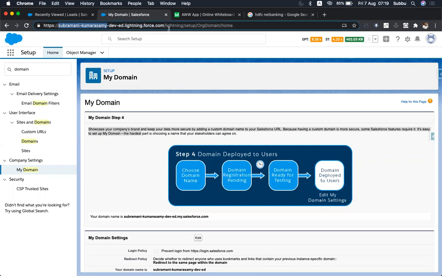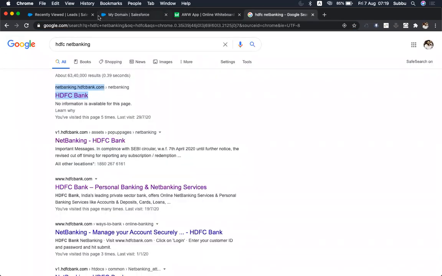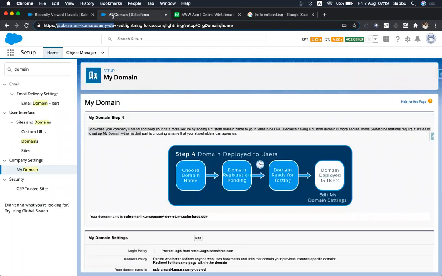ed salesforce.com. So I just gave my name, but if I purchased my Salesforce org for any organization, I will not give my name, I will give my organization name, so that the URL can showcase my company brand. If it is net banking for HDFC, what URL will I give?